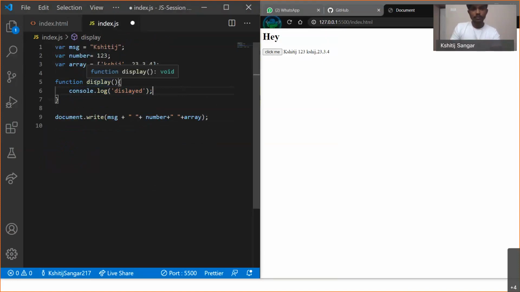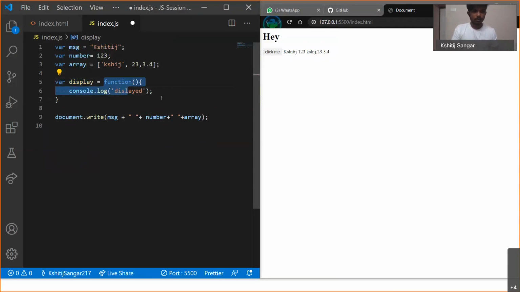So the declaration of a function varies. We can also declare this function in different ways. Now what we have here is, I just typed var display, and then we pass the function.